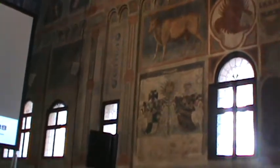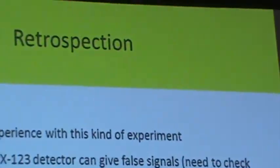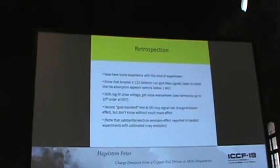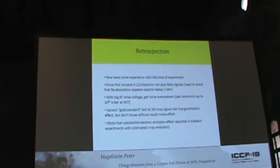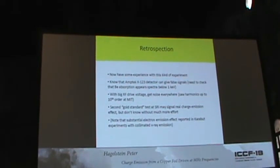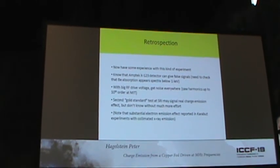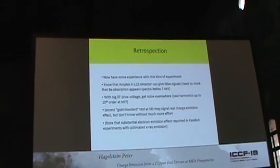We've tried experiments at MIT, as I've mentioned, we saw a lot of noise, but we didn't see signal. So in retrospect, we know that there's noise. We also know that the X123 detector can give false signals. We saw harmonics up to 10th order from our linear amp at MIT. Somehow the noise got into components that didn't seem to have anything to do with the rest of the circuit. I was very impressed. The gold standard test at SRI may signal a real